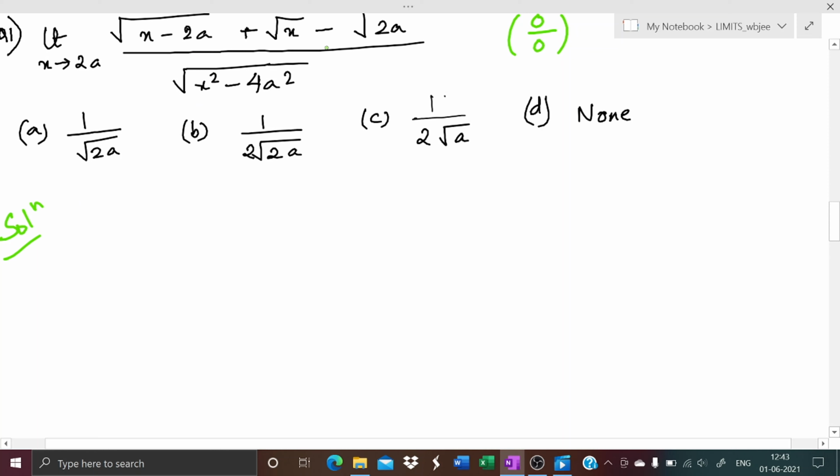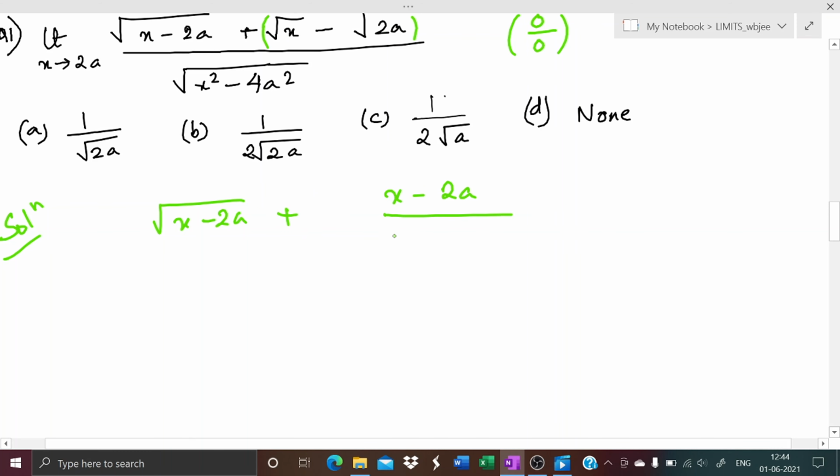So this cannot be factorized because nothing can be taken common or out of the roots. Now as you can see, there are roots, that is irrational things. So I will think of rationalization. If you find some kind of irrational things in the question, try rationalization. So I will rationalize this part. If I rationalize that, it will be x minus 2a